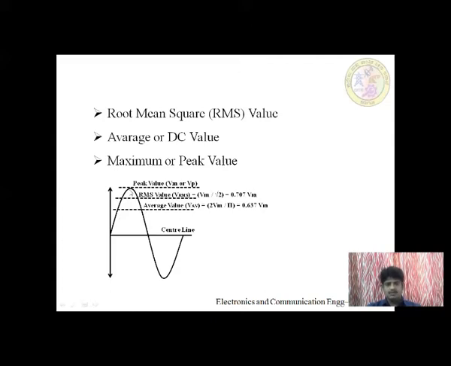That means whenever we get the peak value of an AC signal, it is not equivalent to the DC value, because the average value or DC value is this. For full wave, we can use these equations. For the RMS value, if we have Vm, we can calculate it as Vm by root 2. If you simplify this, it comes out as 0.707 Vm. We can calculate the average value using the peak value, that is 2 Vm by pi. If you simplify this, you will get 0.637 Vm.